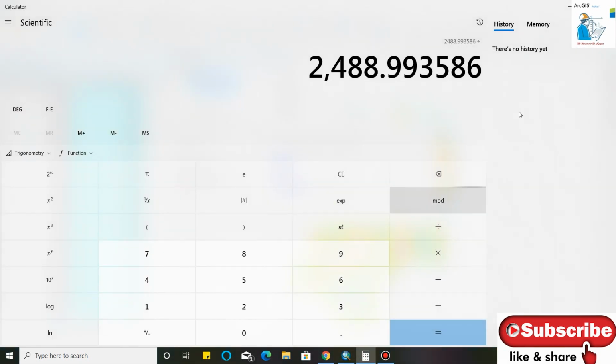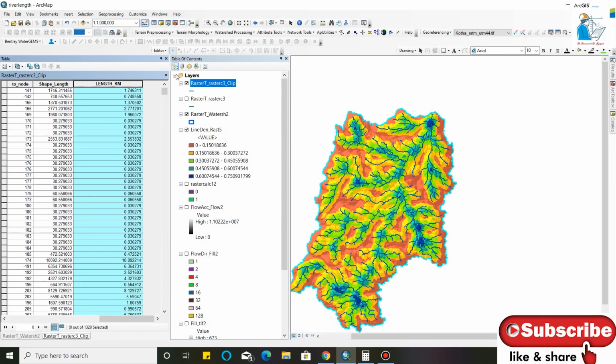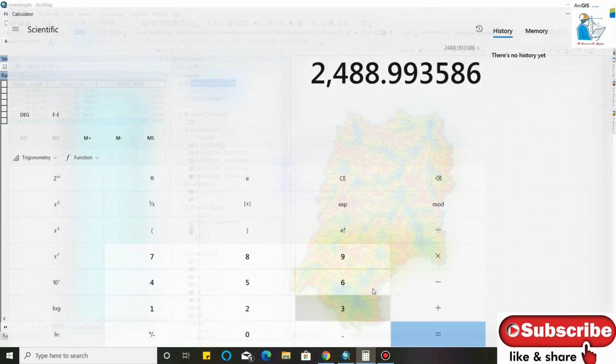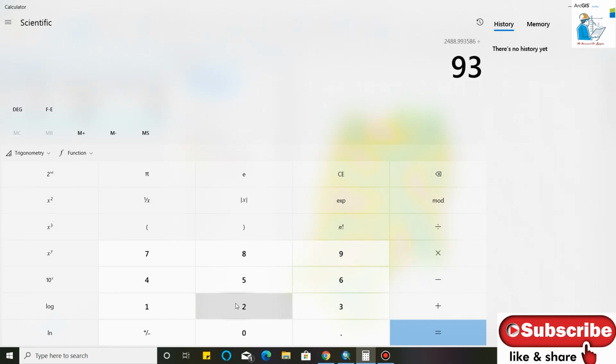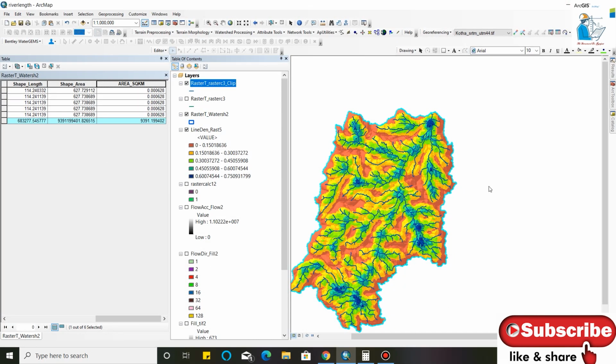I will divide with my catchment area, 9391. 9391 and equal. This is my drainage density.